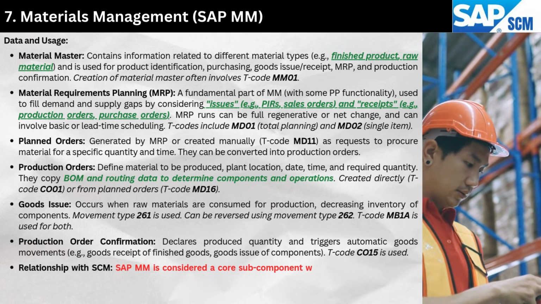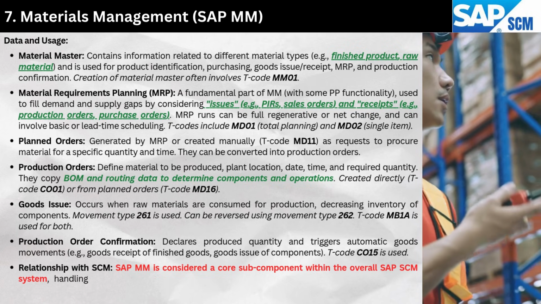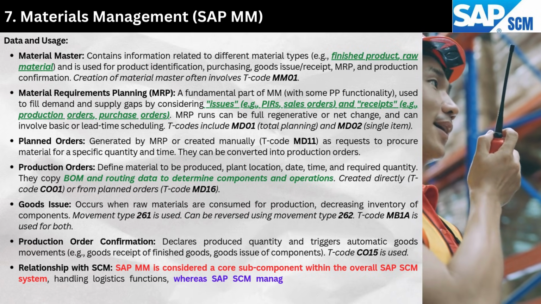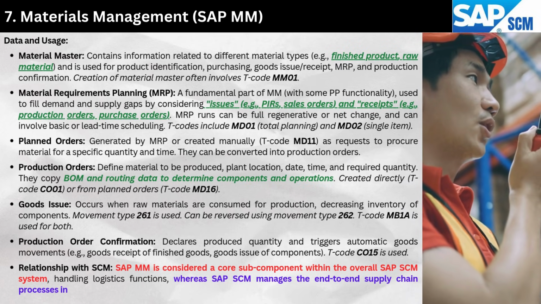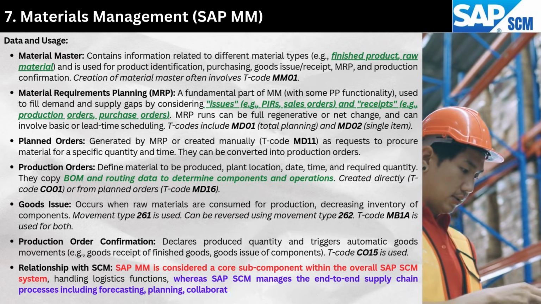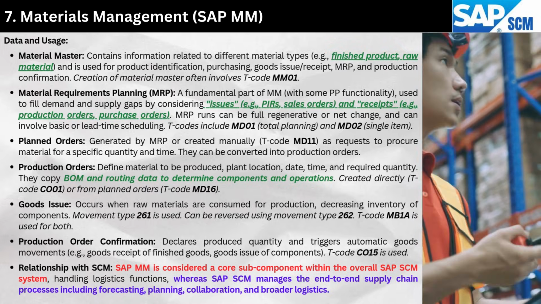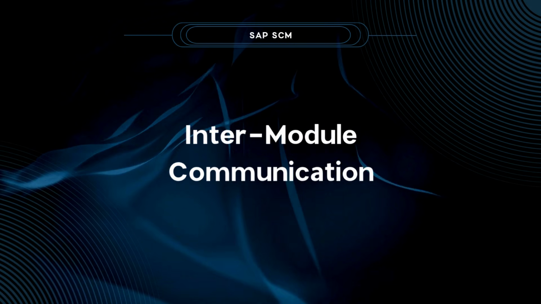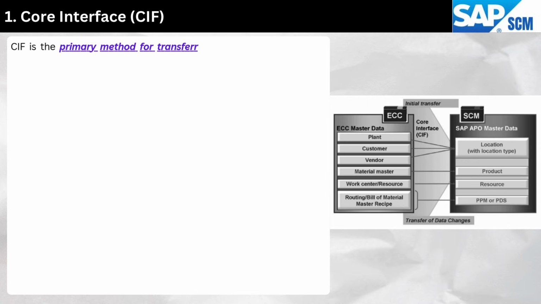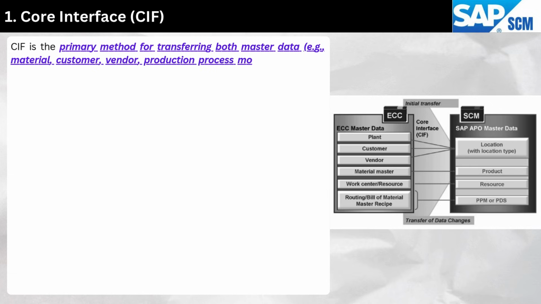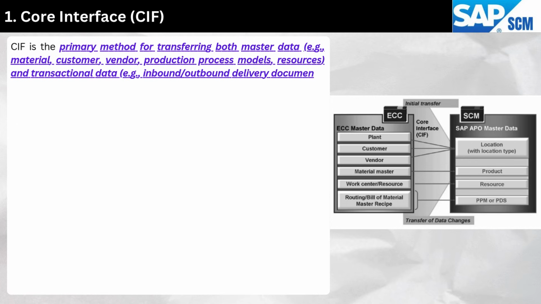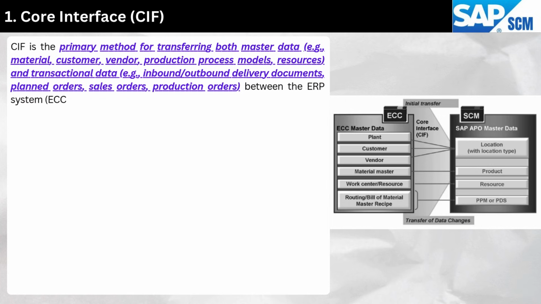Relationship with SCM: SAP MM is considered a core subcomponent within the overall SAP SCM system, handling logistics functions, whereas SAP SCM manages the end-to-end supply chain processes including forecasting, planning, collaboration, and broader logistics. Intermodule communication. One core interface, CIF. CIF is the primary method for transferring both master data, e.g., material, customer, vendor, production process models, resources, and transactional data, e.g., inbound/outbound delivery documents, planned orders, sales orders, production orders between the ERP system, ECC or S/4HANA, and SAP